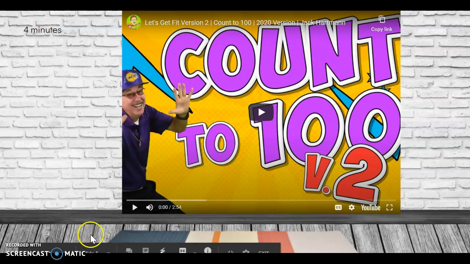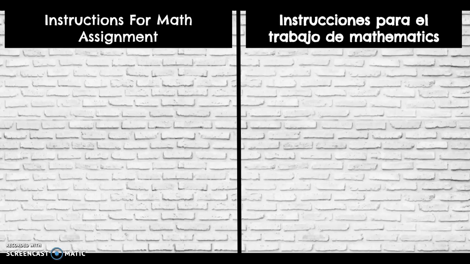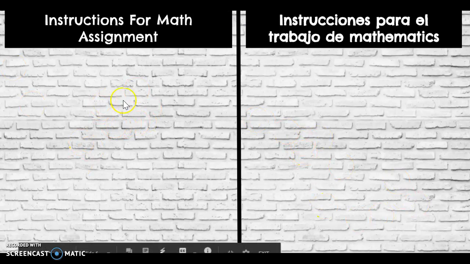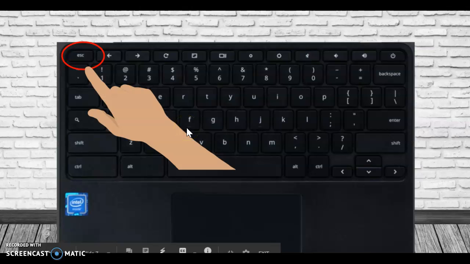Boys and girls, I'm going to show you how you're going to complete your math work for today. So you just watch this video and your next slide will be this video teaching you what to do for your math assignment. But your next job is to find this button on your keyboard